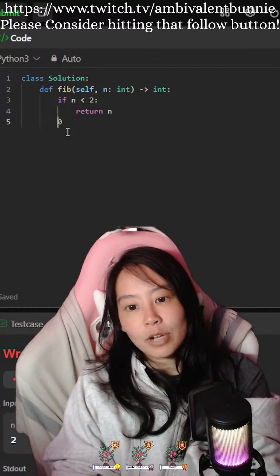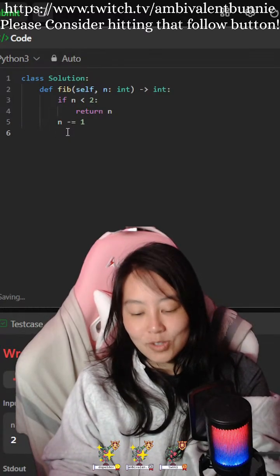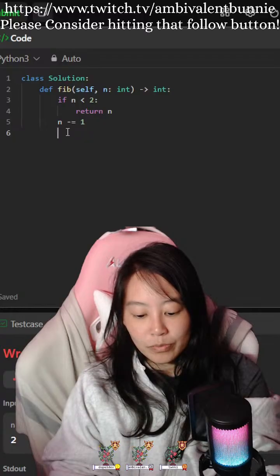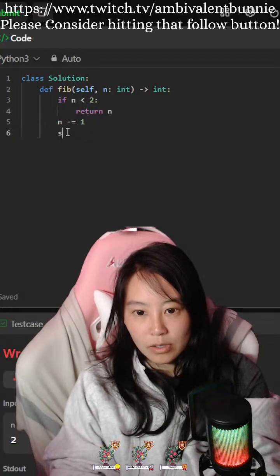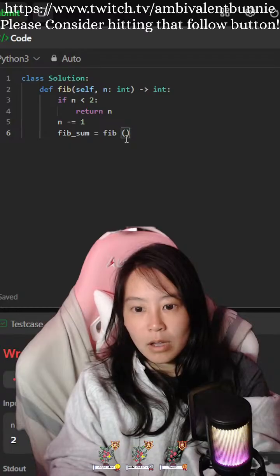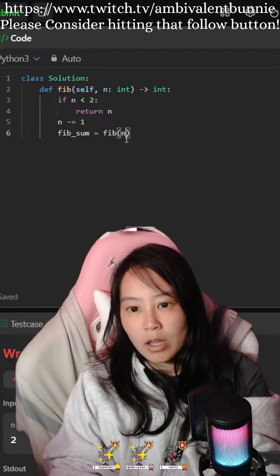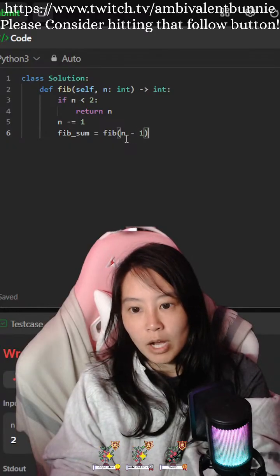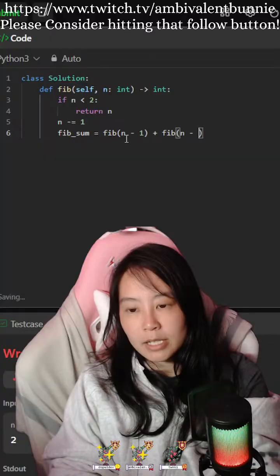No, we're going to subtract n minus 1. Then fib sum equals fib of n minus 1 plus fib of n minus 2.